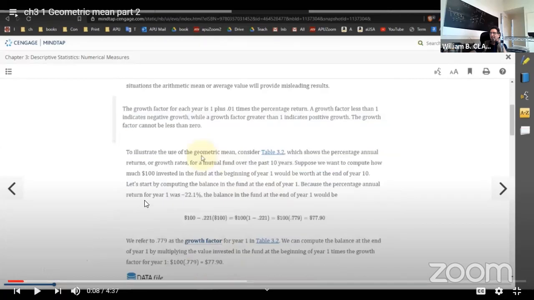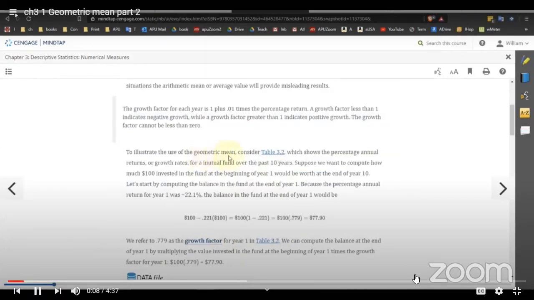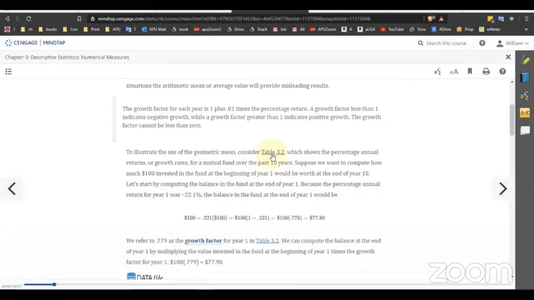Okay. All right, let's go through this. Use of the geometric mean. Consider this table, which shows the percentage annual returns or growth rates for a mutual fund over the past 10 years. So we just looked at that table. Suppose we want to compute how much $100 invested in the fund at the beginning of year 1 would be worth at the end of year 10. Let's start by computing the balance in the fund at the end of year 1. Because the percentage annual return for year 1 was minus 22.1%, the balance in the fund at the end of year 1 would be